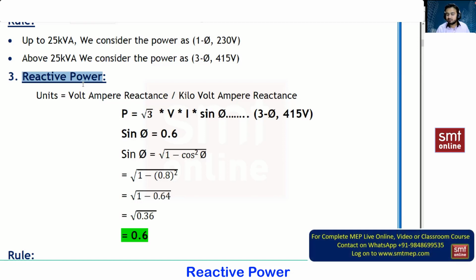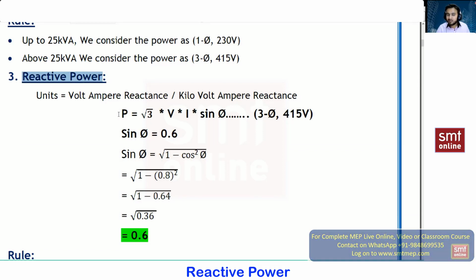In the last class, we have seen that in the inductive load, because of sudden change in current or because of inrush current, there will be a huge demand of current. To overcome that, we are using a capacitor. This capacitor will provide a back EMF as well as the inrush current parameter to your inductive load. So this capacitor is actually a power quality tool to your equipment. Whatever the equipments which are used to maintain the quality of power, those are the reactive power devices.